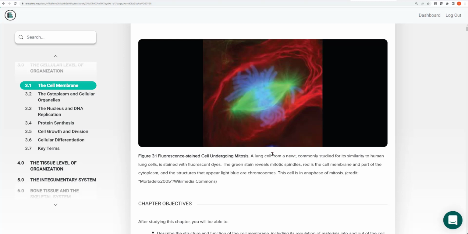Also recall that the assumption is that you have already glanced at this chapter. You have already read through it to the best of your abilities, and that as we come together to discuss it, this is a chance for some of those main ideas to fall into place. Now, if instead you're listening to this presentation before you read it, that is another way of doing it. I don't know that it's the most ideal, but if you are listening to this for the first time, you're going to obviously be picking up on the main ideas.